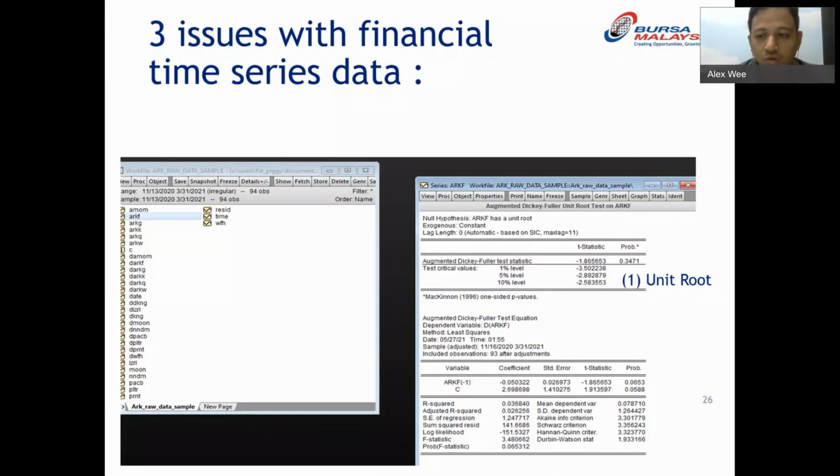First issue is called unit roots. Let's talk about the first issue first, which I just skipped. I'll go through them very fast. If you don't understand these three issues, that's fine. But I'm just going to tell you, Bollinger Band and ATR did not take into consideration how to solve these three main issues with time series data. Therefore, the indicators are not that accurate. That could be one of the reasons why, might not be the only reason, but could be one of the reasons.